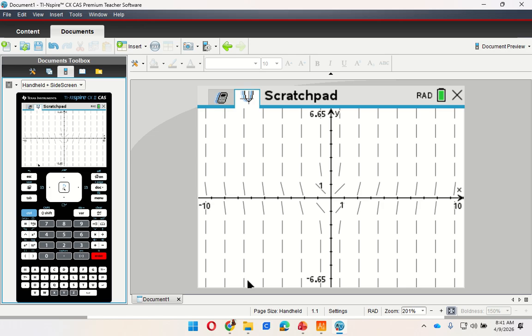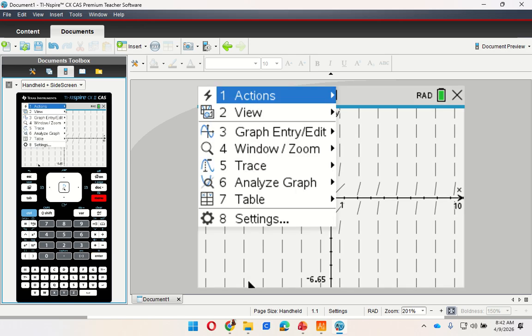This is a slope field. A slope field is actually all possible values I could have for my C, because C is just any constant number. So if I give you an X and a Y, that would give me one particular line in this case. So now I'm going to go right here. I'm going to go menu, graph entry,